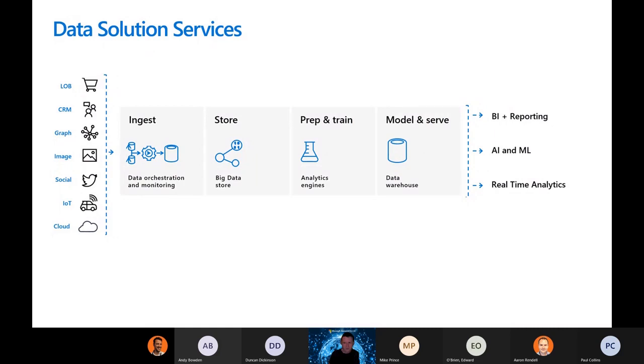But first, I just wanted to give you maybe a baseline as to what Synapse is, because if I'm honest, it sometimes takes a bit of explaining or a bit of understanding, because it actually is many things in one. So let me just explain. So hopefully what you see here are basically the four pillars, and we think of it in the